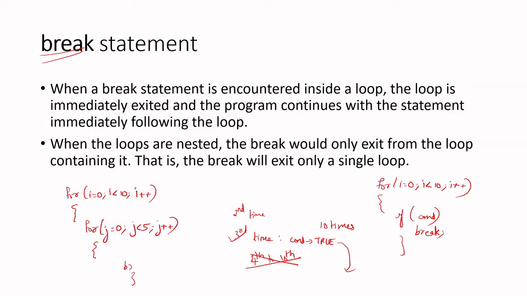If we put a break here, it will come out of the j loop only. Still the i loop will be there. That is the difference. If loops are nested, break would only exit from the loop containing it. So within the j loop, if we put a break, it will come only out of the j loop. It will not come out of the i loop. If loops are not nested, it will come out of the loop and immediately execute the statement after